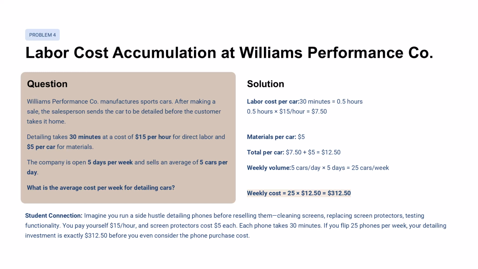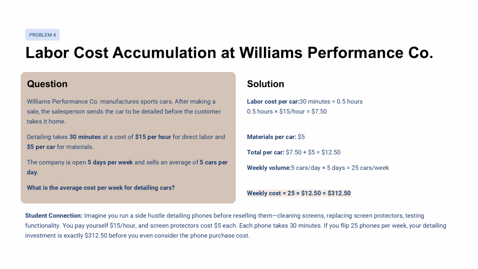Problem 4. Labor cost accumulation at Williams Performance Company. Time is money, and we're counting every minute. Question: Williams Performance Company manufactures sports cars. After making a sale, the salesperson sends the car to be detailed before the customer takes it home. Detailing takes 30 minutes at a cost of $15 per hour for direct labor and $5 per car for materials. If the company is open 5 days per week and sells an average of 5 cars per day, what is the average cost per week for detailing cars? Answer: weekly detailing cost equals